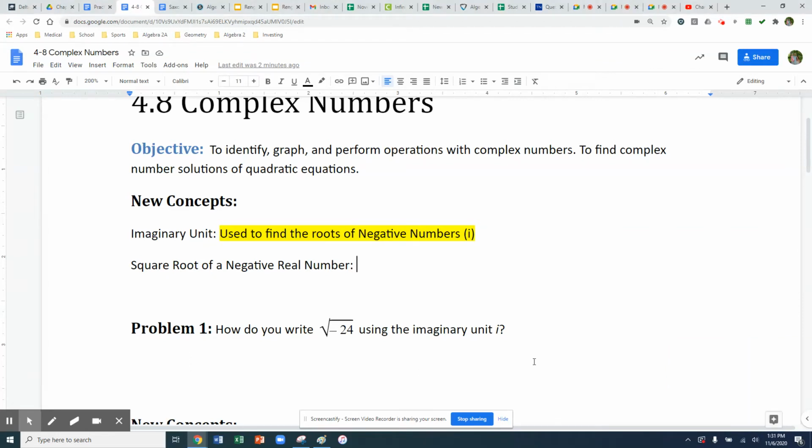Hello, welcome to section 4.8, where we are going to talk about complex numbers. So our goal today is to identify, graph, and perform operations with complex numbers and to find complex number solutions of quadratic equations. Back in section 4.7, we started to introduce the idea of the discriminant, and when the discriminant